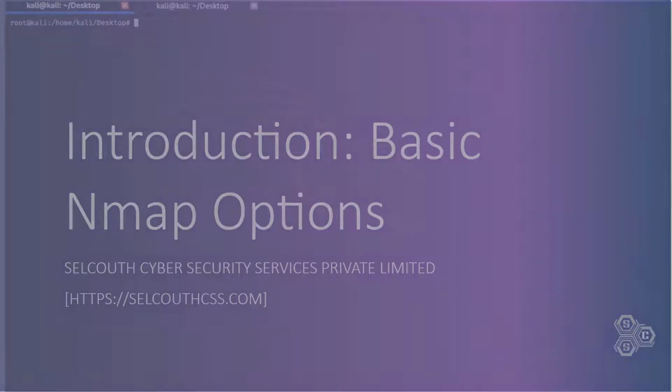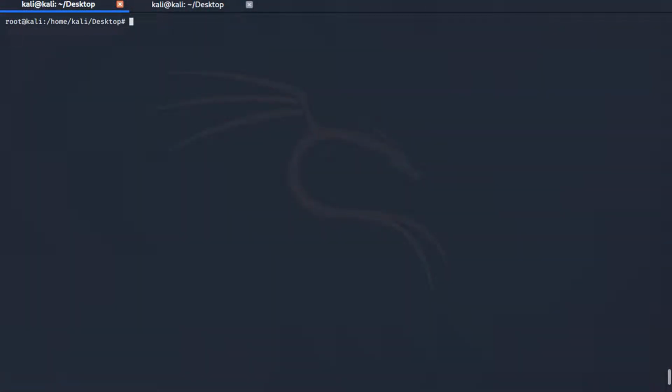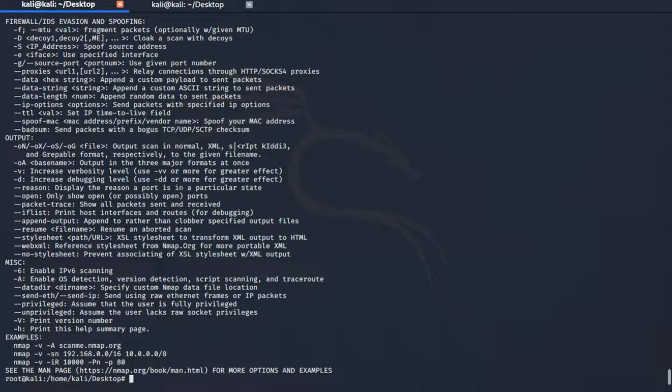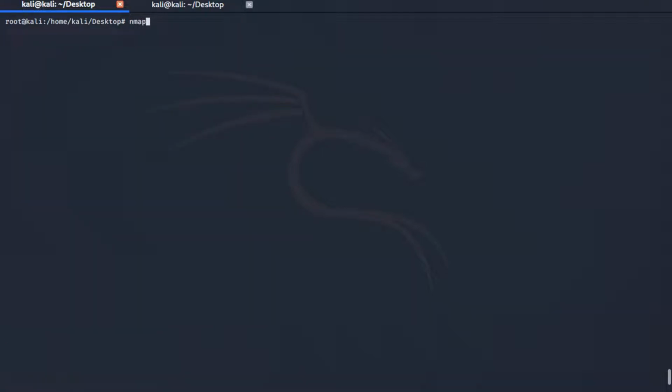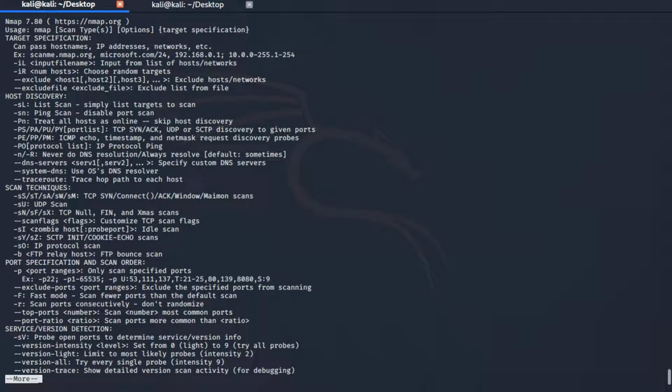So guys, every penetration test starts from enumeration. Today I'll be running through the basic Nmap options for quick enumeration of ports and services on a target system. So here I am on my Kali Linux desktop. All I do is go to the desktop itself, type in nmap -h, and we get the entire list of options. To read this in an easier manner, I would go to nmap -h and pipe this into more so that we can go line by line.